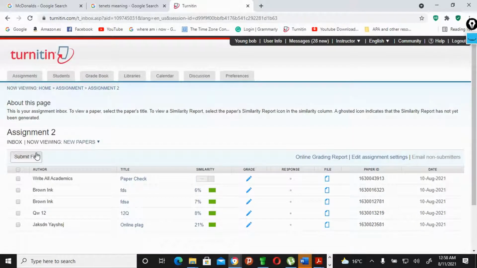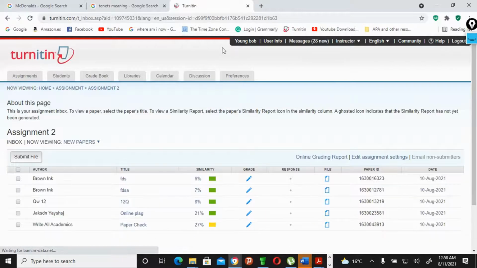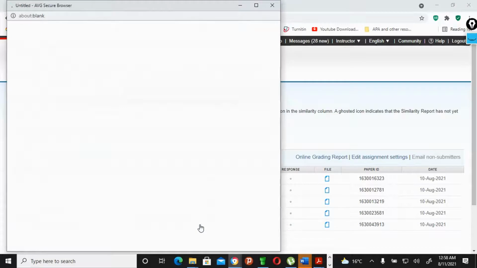Then I go to assignment box. It's here, to academics paper check, and then what I'm going to do, that's my paper. I'm going to just reload this one and see if it's loaded. So right to academics, I'm told it has 27% plagiarism. Okay, so what I'm going to do, I'm just going to click that one,